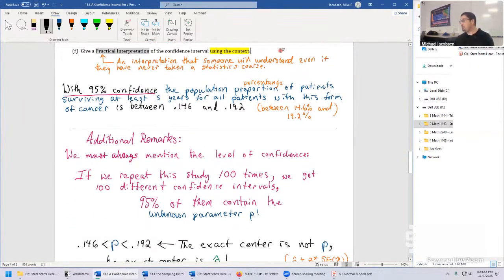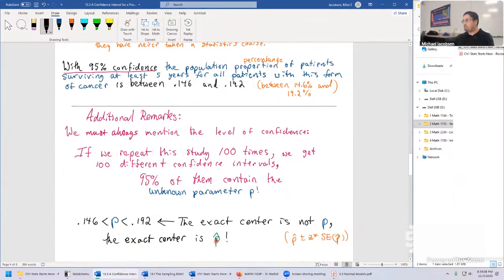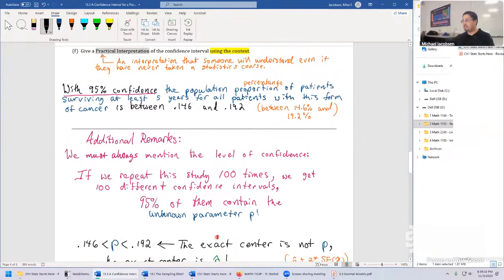Any last questions at all, folks, before we call it a night? Okay, lots of stuff to talk about with confidence intervals. That's just because we're seeing it for the very first time. When we're doing this in chapter 14, there'll be these same remarks, these same ideas coming back again, but just for quantitative data. So it'll be a lot easier when we see it a second time.